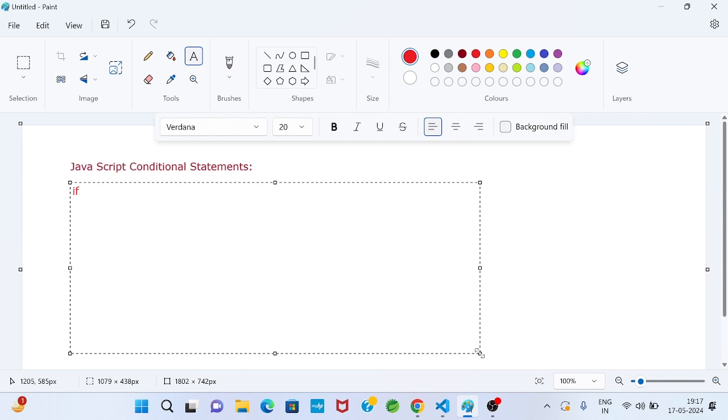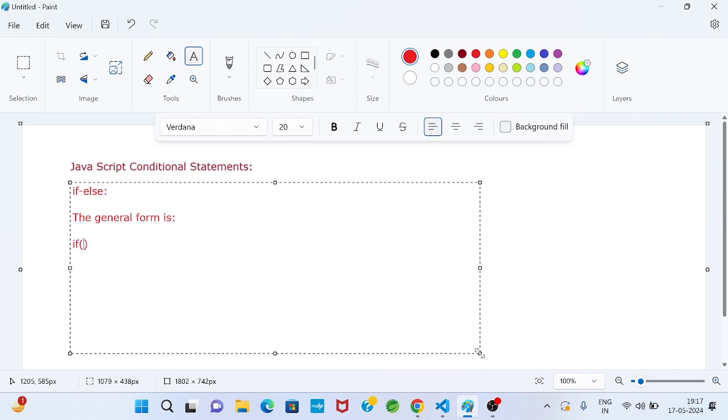Suppose if else, or simple if, there is a general form or syntax we can say. The general form is